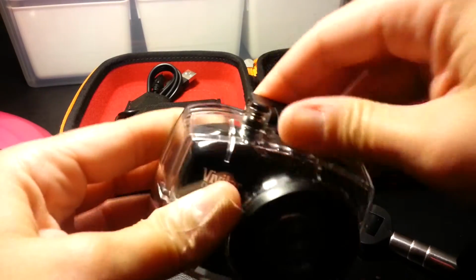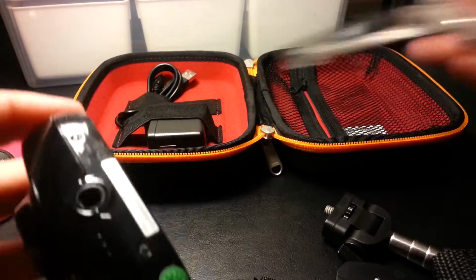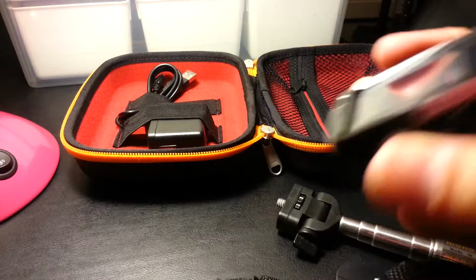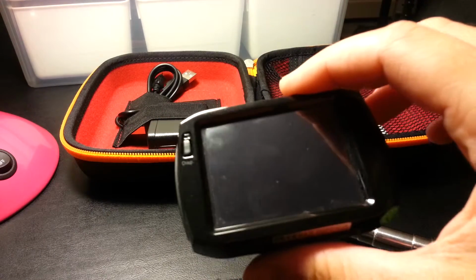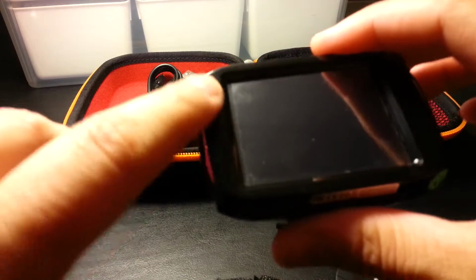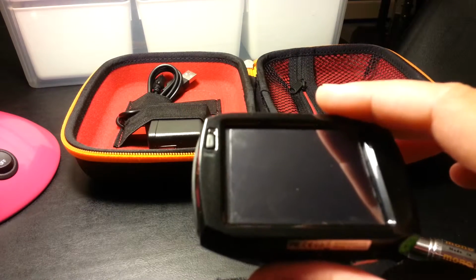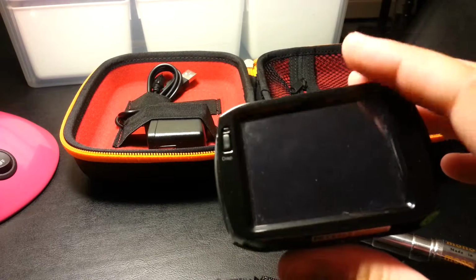So if we take the camera out of this case, you can see that it has that universal connection. So we just screw it on here, and we walk around with it and extend it out. It does have a zoom feature on it, obviously, so we do have that option. And this little button over here would allow you to bring the screen back after it times out, because it does have a power saving feature. So after about a minute and a half, it will shut off the screen,